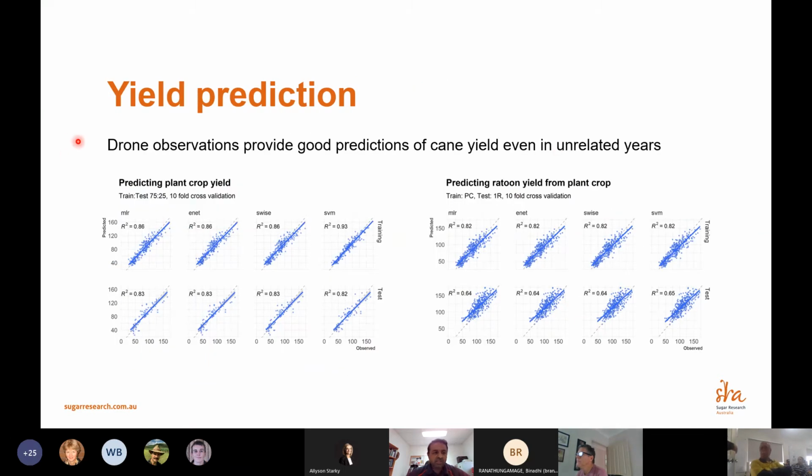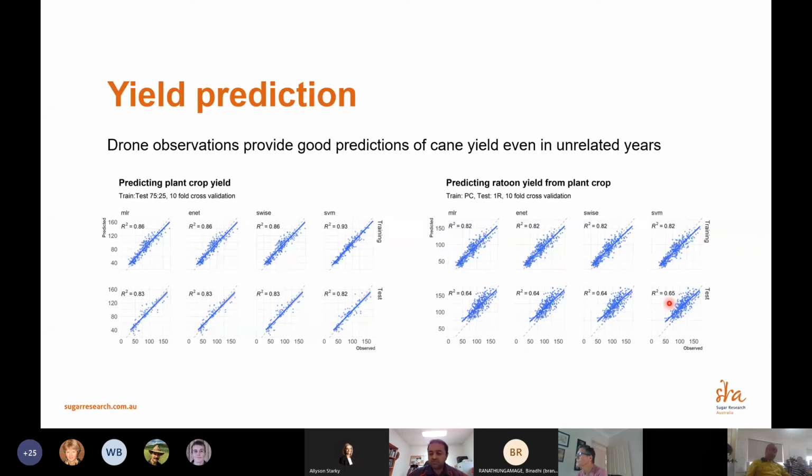Another thing we looked at is yield predictions of ratoon crops. So the drone observations, they provide good prediction of cane yield even in unrelated years. So over here on the left-hand side, we use indirect traits measured in the plant crop and the yield measured in the plant crop to predict the yield, and we could do that with good accuracy of about 0.82. What we could also do is we can take this model that was predicted in the plant crop, and we can use that to predict the yield of the ratoon crop, and we were able to do that with an